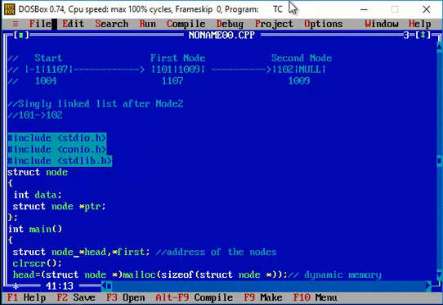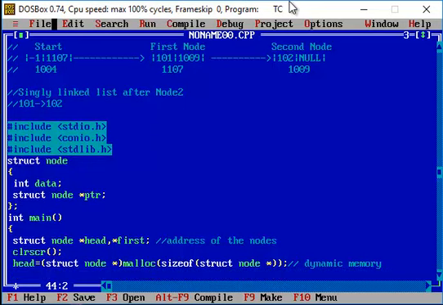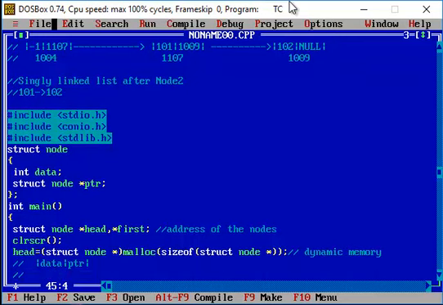Now a dynamic memory has been created for my head node, or the start node. My start node will look like this: you will have a data field and a pointer value. So some memory space has been allocated through the dynamic memory.